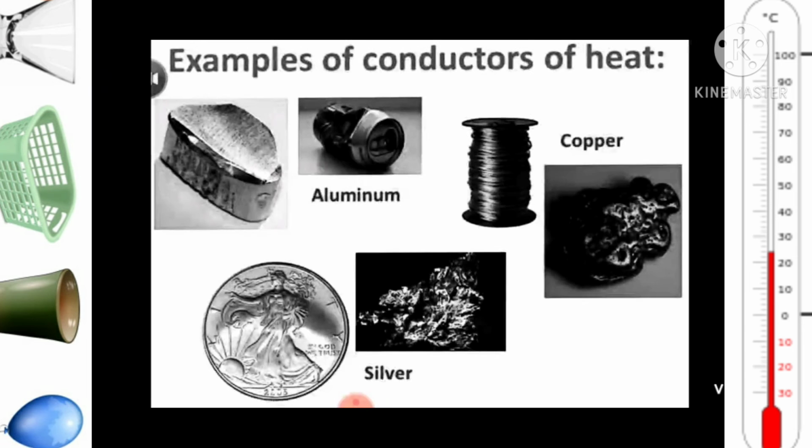So which are the bad conductors of electricity? Not electricity here, we are studying heat. I just wanted to divert you. So it's not electricity. In the heading itself you have it as examples of good conductors of heat. Okay.